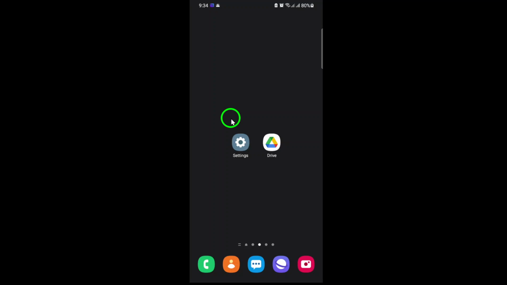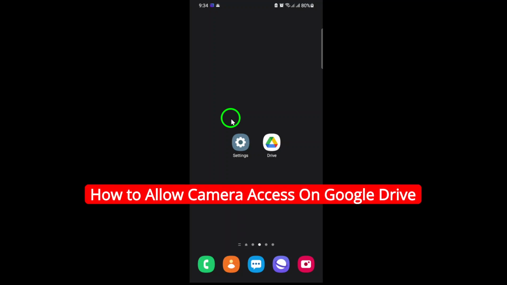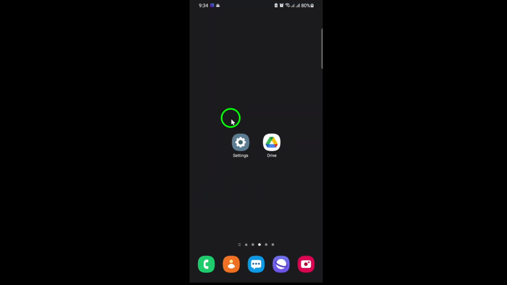Welcome. If you're looking to upload photos or scan documents directly from your phone using Google Drive, you'll need to make sure the app has access to your camera. In this updated guide, I'll walk you through the quick and easy steps to allow camera access for Google Drive